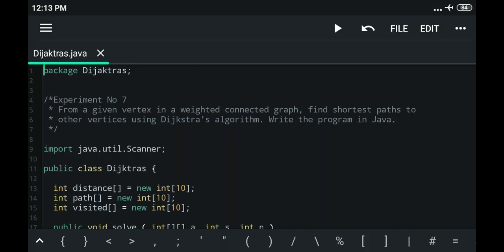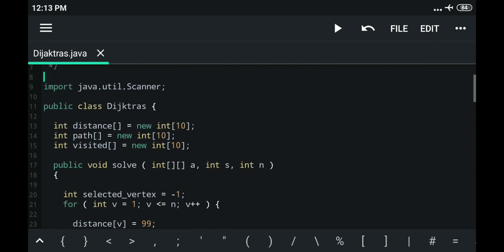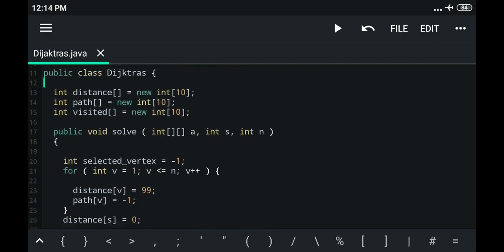Experiment number 7 from Design and Analysis of Algorithms Laboratory is to implement Dijkstra's algorithm for a given weighted connected graph and find the shortest path to all other vertices from a given vertex. So in this program we have defined a class called Dijkstra's and a single dimensional array distance with a